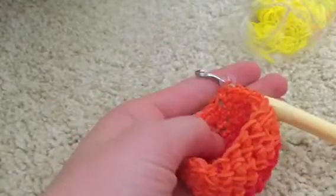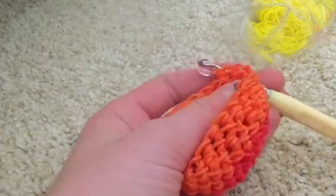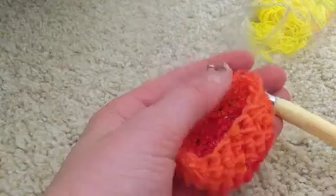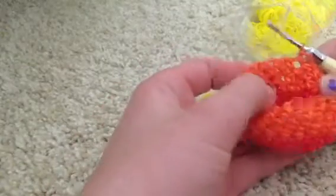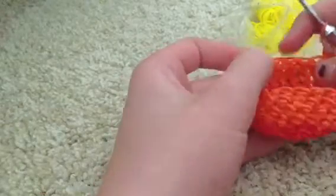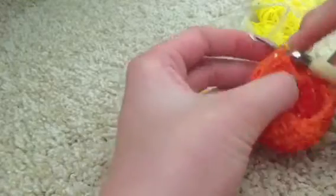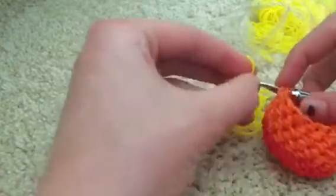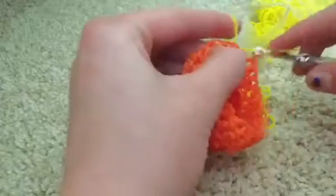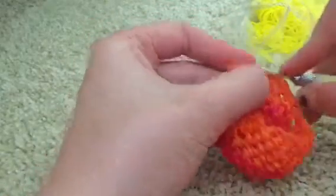Alrighty, you guys should have had round 11 finished. And now what we're going to do is we're going to start decreasing. We're going to be doing a single crochet, and then a decrease in the next 2 stitches. I'm going to be using my yellow, so I'm going to do a color change, which is a slip stitch, single crochet,